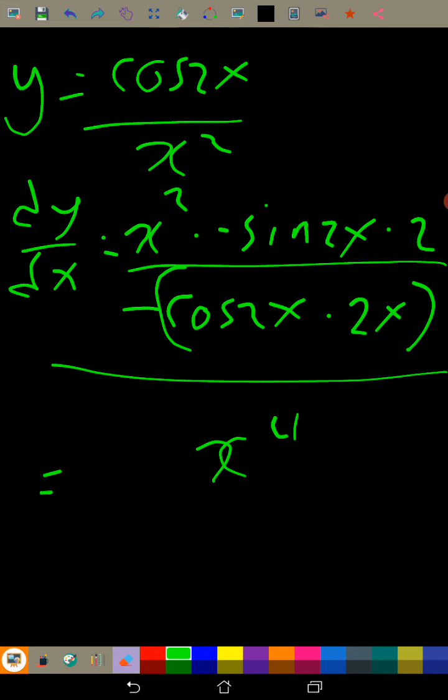So if we are careful here, we'll have minus 2x, yes, minus 2x times sine 2x,